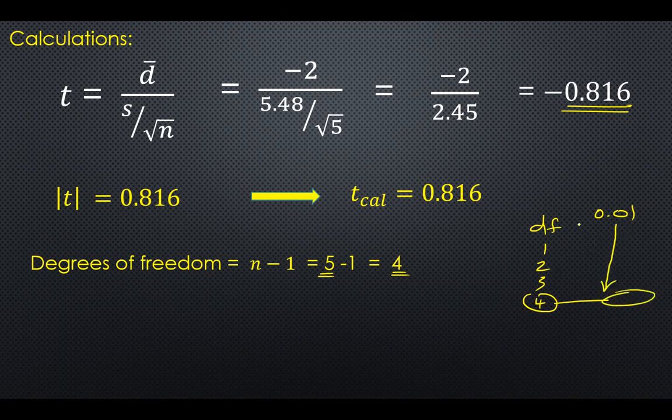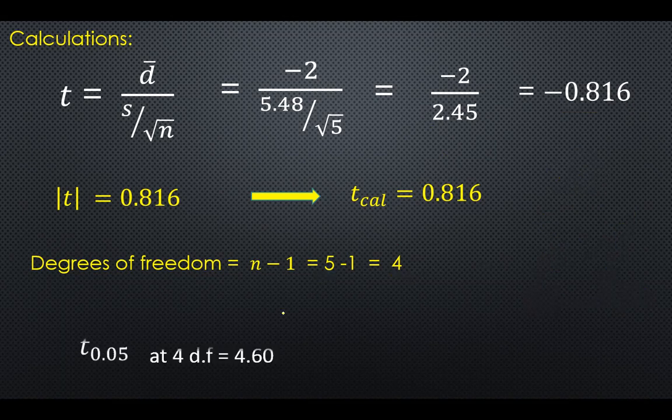What is the value coming here in the table? This table will be given to you in any statistics book. In the last page, it will be there. You have to refer to the T table. Okay, here. So we will be getting the answer. What is the answer we are getting here? T 0.01. It should be 0.01 because we have calculated for 1%. Okay, 1%. So therefore, at 4 degrees of freedom, it is 4.60. This is the table value.